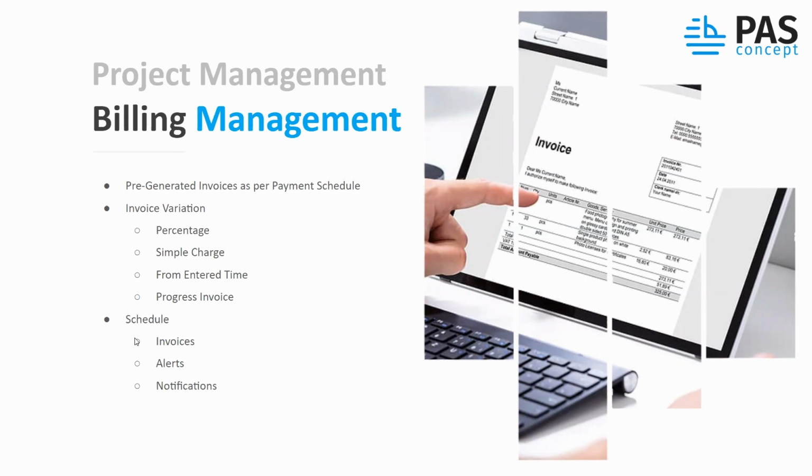Now, granted, we also understand not every job is done by percentages, and that's perfectly fine. In Past Concept, we do have a wide variety of invoices available. We have, as we mentioned before, the percentages. There is, of course, also the option for simple charges. You can also generate invoices based on time that's been entered, which we already saw once before. And of course, progress invoices that bill in accordance with the advancement of progress on any one of those individual items, whether that is a phase or whether that is a task.